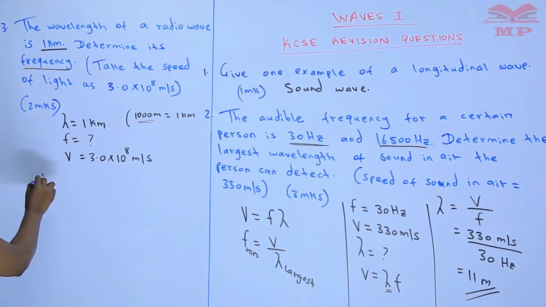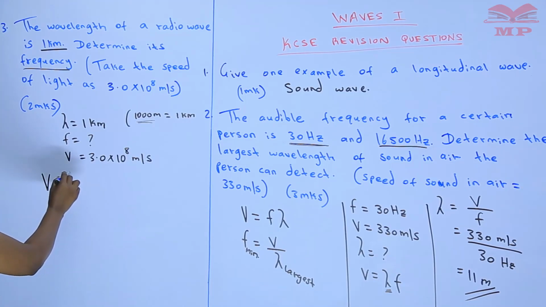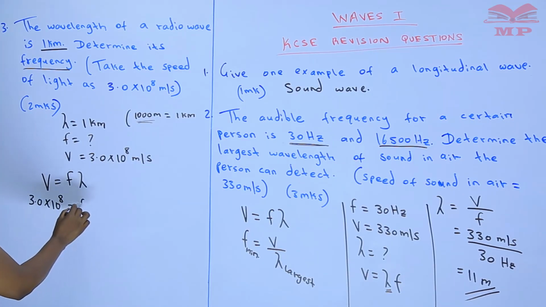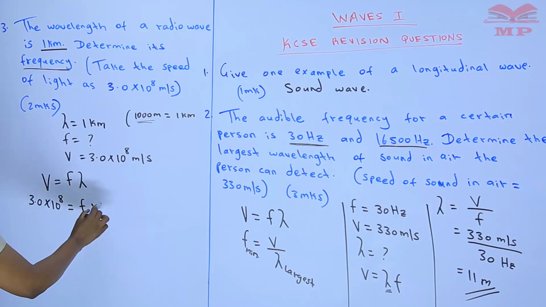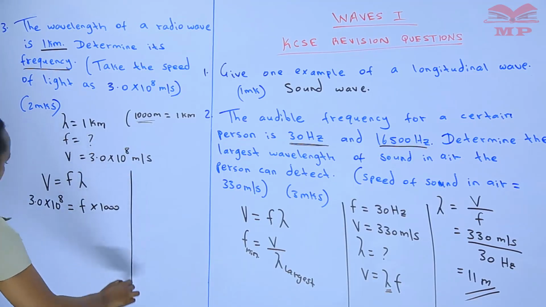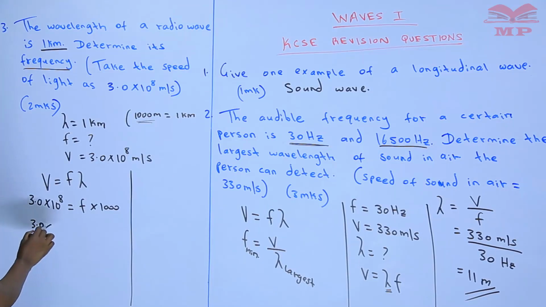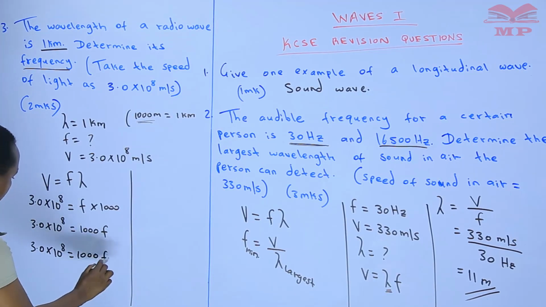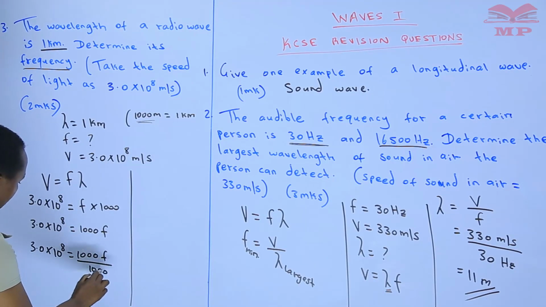And therefore now we can apply the wave equation. V is equal to frequency multiplied by wavelength. Our V is 3.0 times 10 power 8, equal to our frequency, which is in question, multiplied by 1,000 meters. So we have 3.0 times 10 power 8 equal to 1,000 F. We divide both sides by 1,000